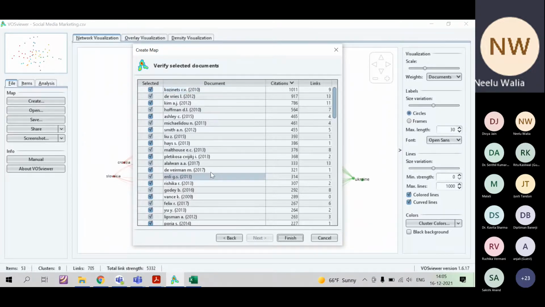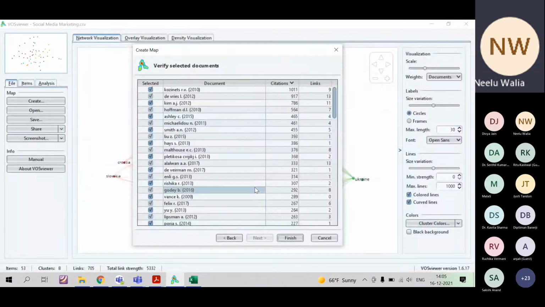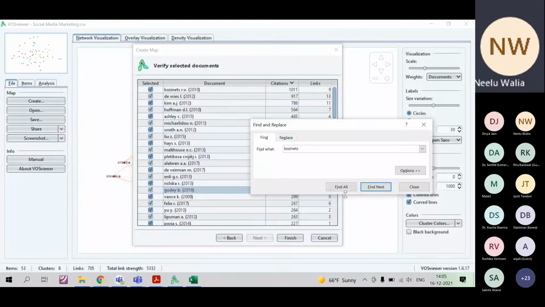You just need to go to the Excel sheet and find the paper. Kozinets, 2010. Let me search here. This is the KOZINETS, right?